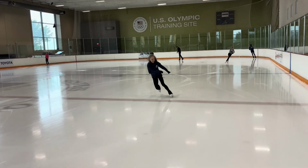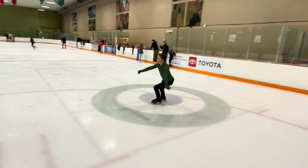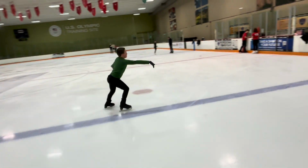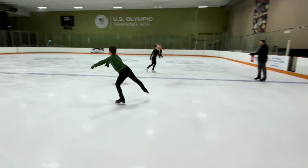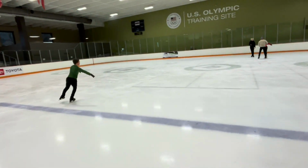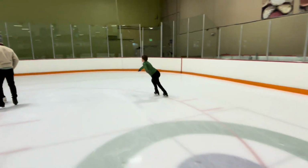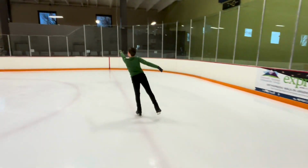This segment will focus on two essential techniques: forward perimeter crossovers with 1 foot glide on the inside edge and backward perimeter crossovers with a smooth 2-foot transition. Mastering these moves is crucial for building the balance and flow you will need to pass this test and continue